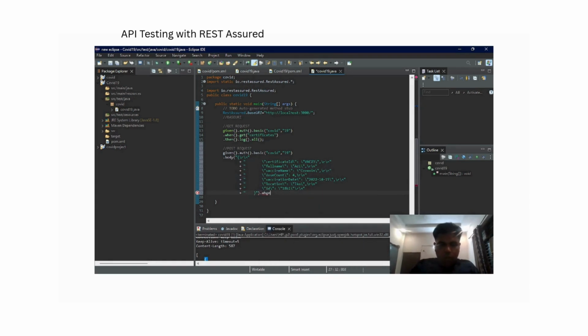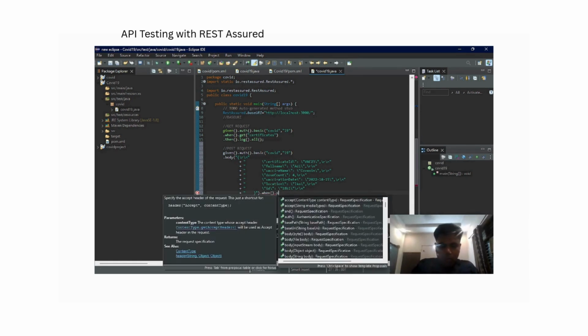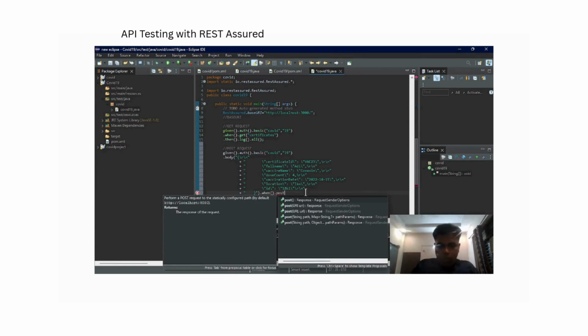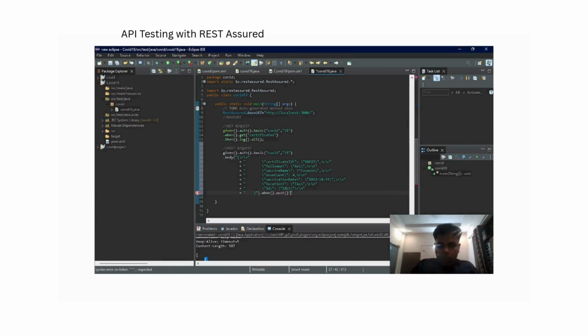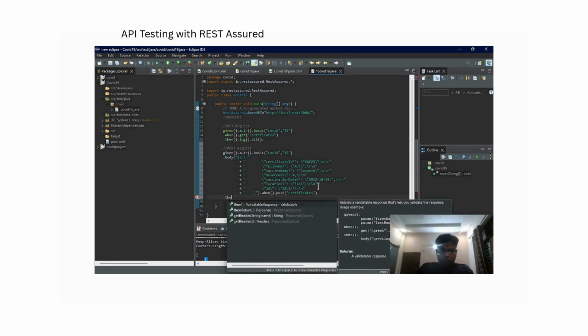Now we have to give the request body and decide what request we want. We now want the post request. So this will be a post request and we have to put it inside the URL. This is a JSON file URL, so we have to copy this endpoint and paste it there. Here, the new data will be posted. Then for getting the response, you have to write